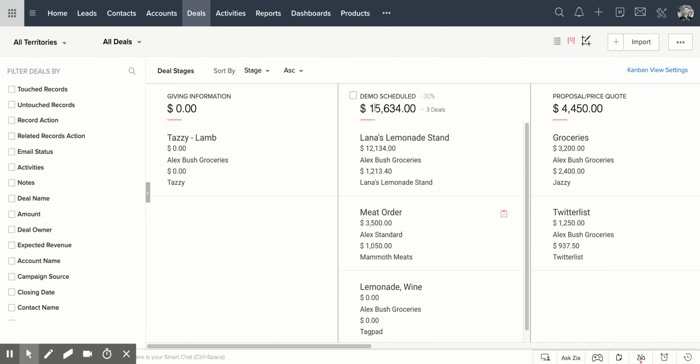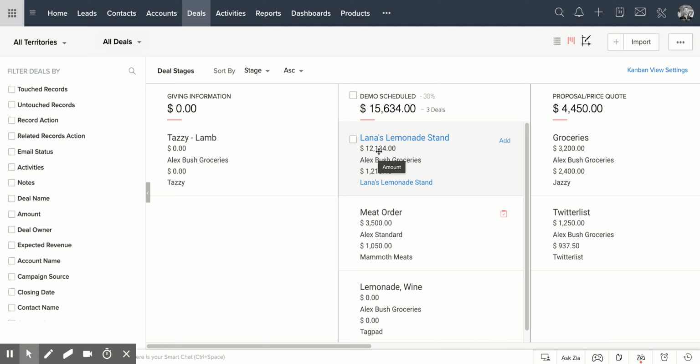We also have some formulas here that do calculation for our expected revenue based on the percentage chance that the deal will close based on what stage it's at. So if we had said, hey, most of our demos turn into sales 20% of the time, we can enter that,